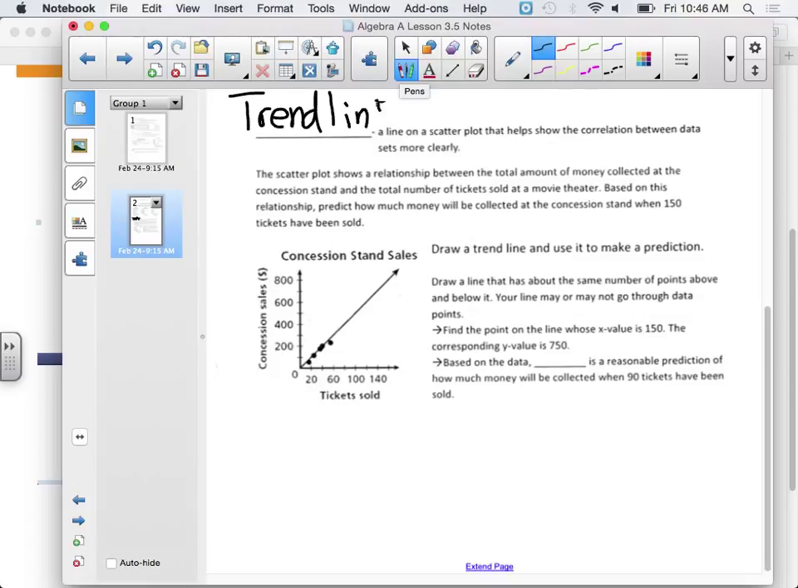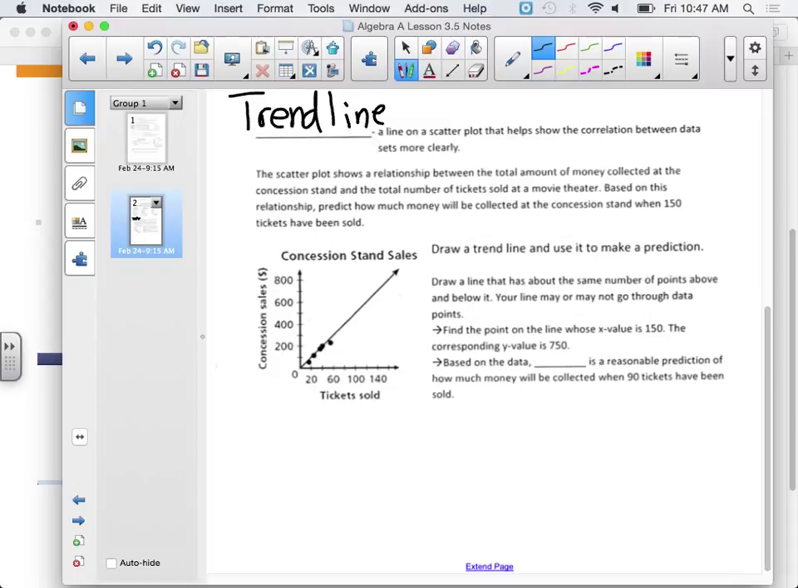A trend line is a line on a scatter plot that helps show correlation between data sets more clearly. So instead of just a bunch of random points that kind of look like they have positive correlation or negative or whatever, there's an actual line that more clearly shows that relationship. So